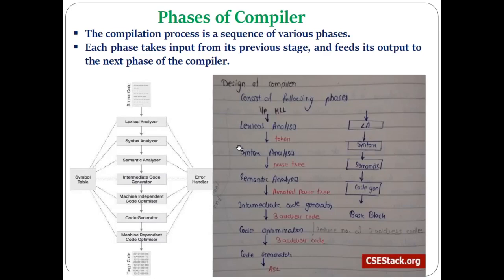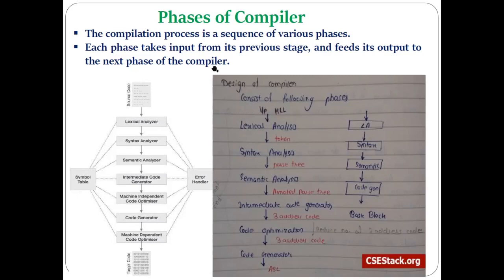And in the indirect triple, we make some more changes in the representation of three address code. Instead of referring to the particular result by position numbers, we use one extra data structure, an array list, and in that array list we use pointers. Those pointers point to the different position references. Pointers are quite fast compared to the rest of the options. That is the reason, in order to access the different results, the indirect triple is considered the most beneficial and is mostly utilized.